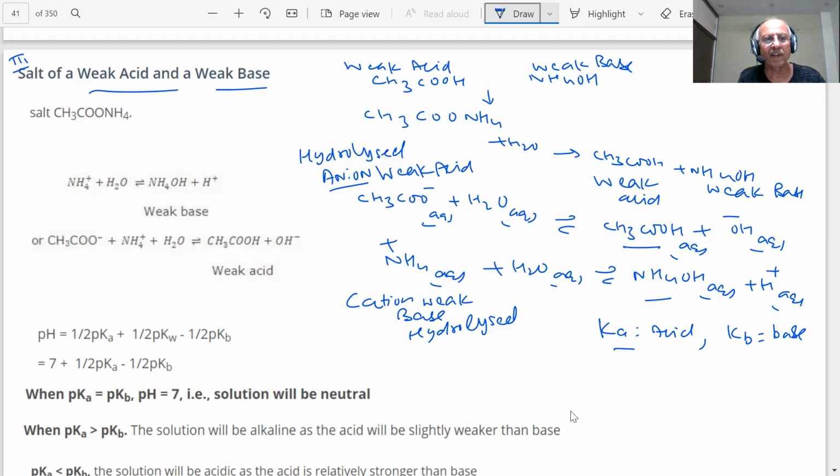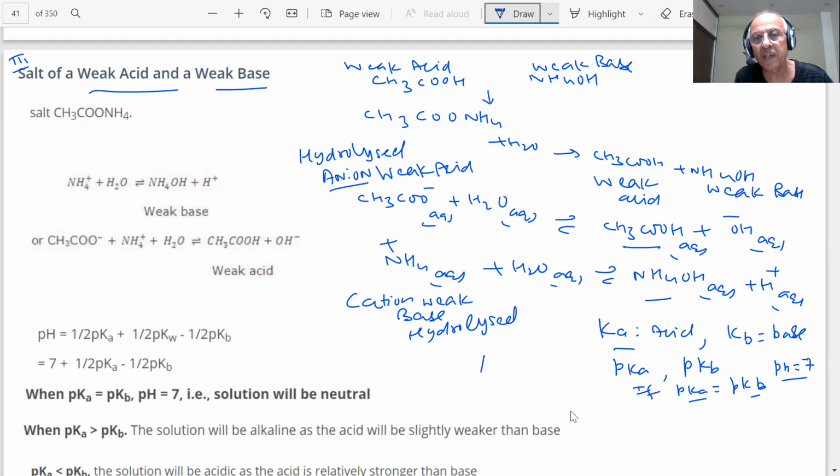If the two are equal, or in other words, if pKa is equal to pKb, then the two are of equal strength. So the solution will be almost neutral. You know about it. Then we can say that pH will be equal to 7. Now here is a multiple choice question or a reason and assertion question. You have to pay attention and understand. If we hurry up, then we are gone.